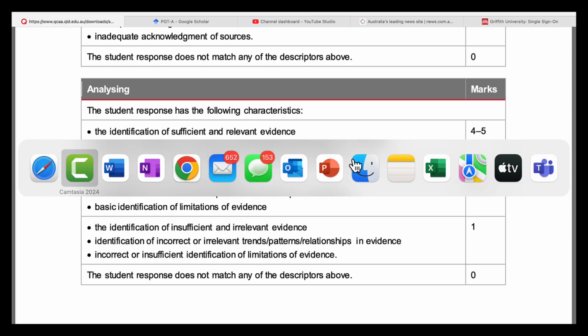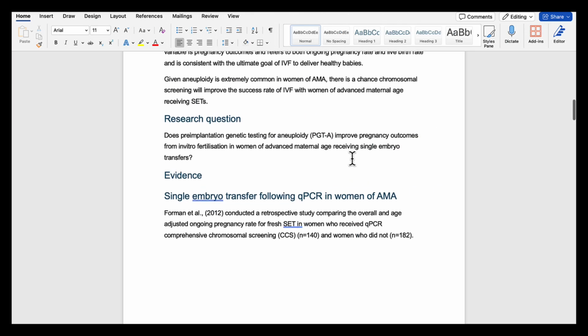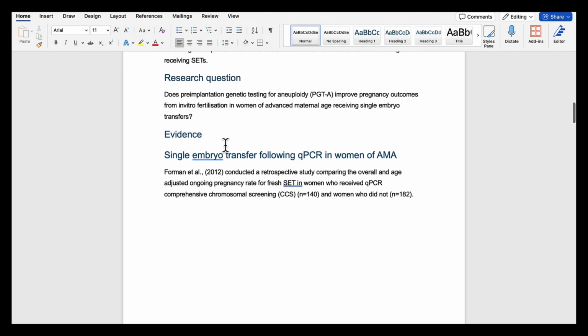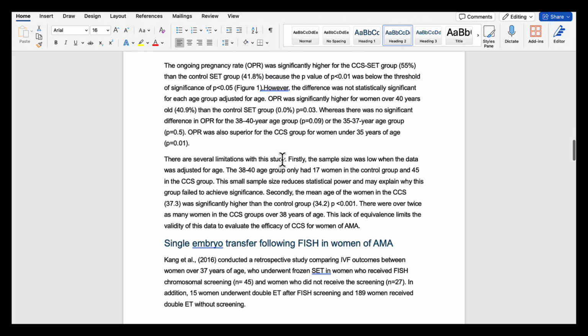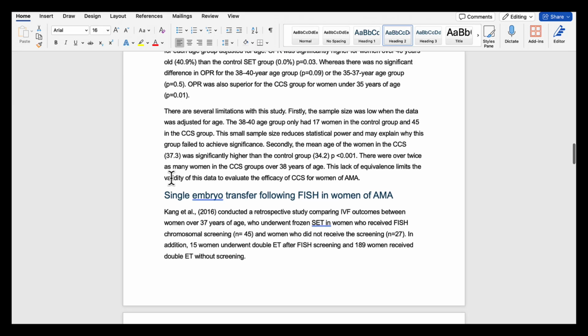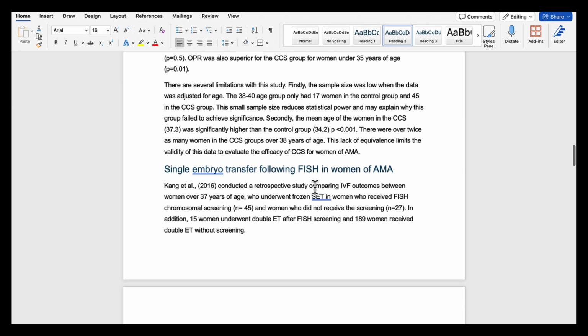Okay, so let's have a look at my exam plan. I have a subheading here that says evidence. I highly recommend, instead of saying evidence 1, evidence 2, just grab a small descriptor title for the paper. What it does is signpost where you're going from one paper to the next, and it briefly tells the reader what you're talking about.